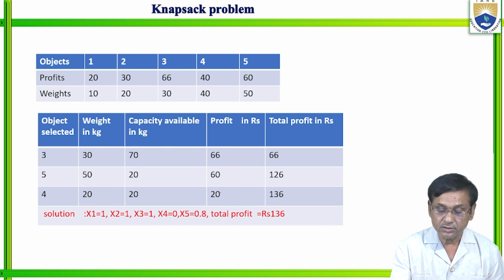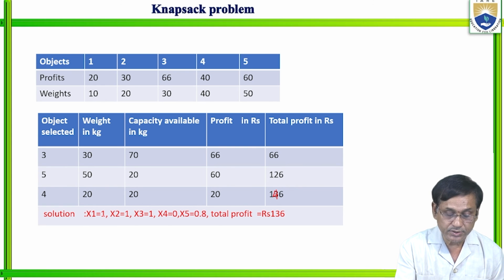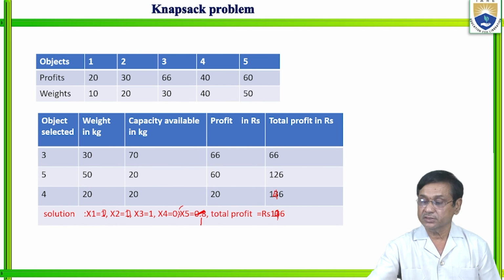So here this is 20 only. In that case we can get 146, and in this solution x1 is equal to 0, x2 is equal to 0, x3 is 1, x4 is 0.5, x5 is 1, and the total profit is 146. Then